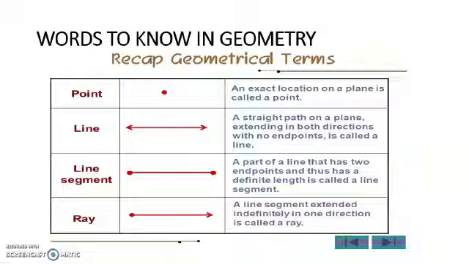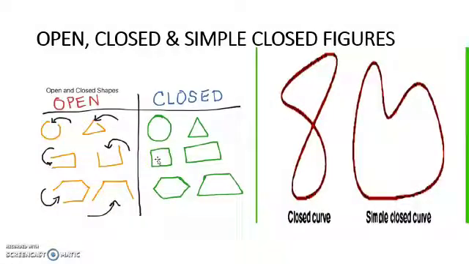4 terms. Now, let us move a little bit further and understand about figures. Now, you can see here, just like a room is closed or open, these are figures. Means simple drawings which is open. You can see it is open from here. It's open from here. It has two endpoints and it is open. It is not closed. So it is called an open figure. And when you can see there is no endpoint, it is closed from all sides. So it's called a closed figure. So all these are examples of closed figures, and all these where there is an opening are called open figures.